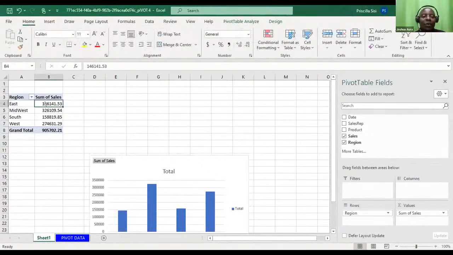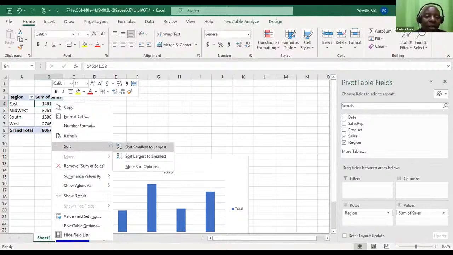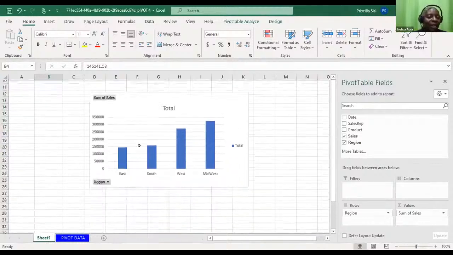Yes, and then you right click. I hope you're able to see the right click. And then there is a sort. Great. Smallest to largest. Great. Now you're able to see that.